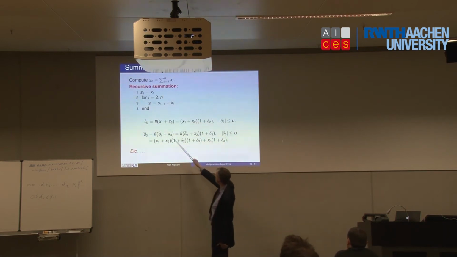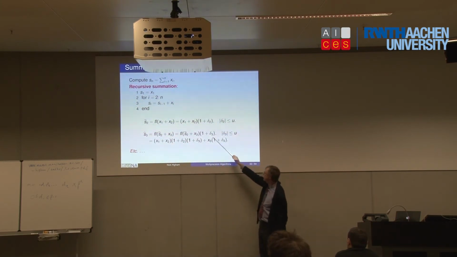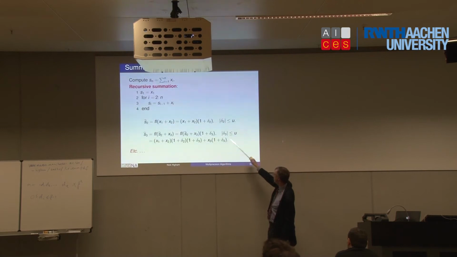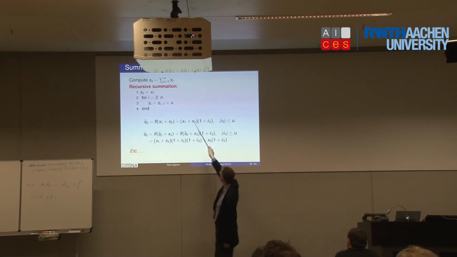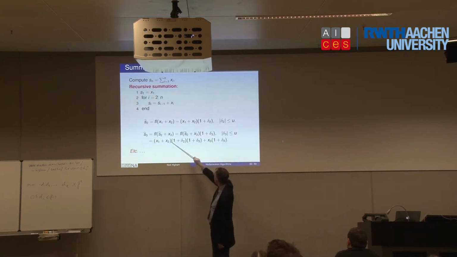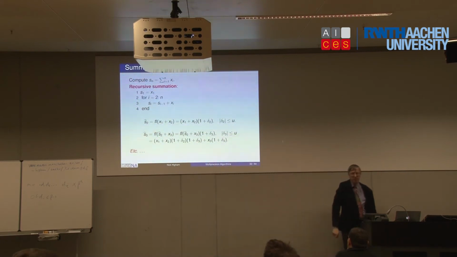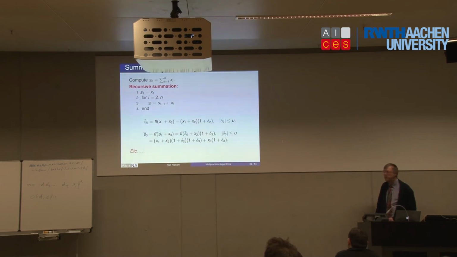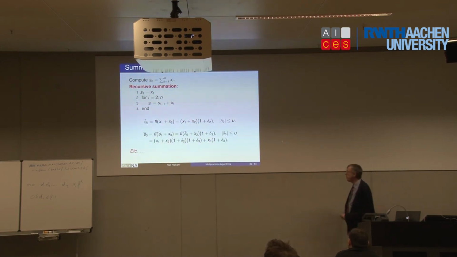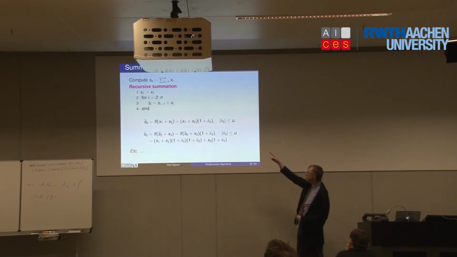Then I add on x3, so the next iteration of line 3. The add with x3 will give me another error, delta 3, also bounded by u. Now plug in the formula for S2 hat from there, and multiply out, and so on and so on. That goes on, and every line the formula gets more messy, but it's not impossible to work your way through it and get a result. But what you end up with is an analysis for that particular algorithm.